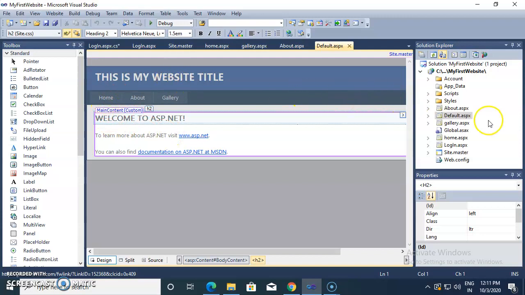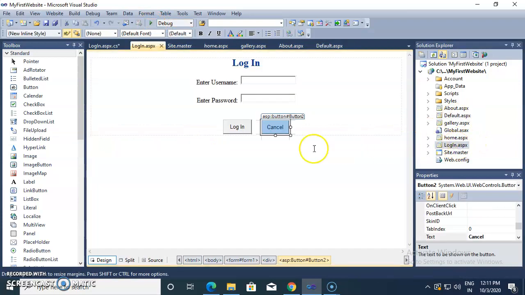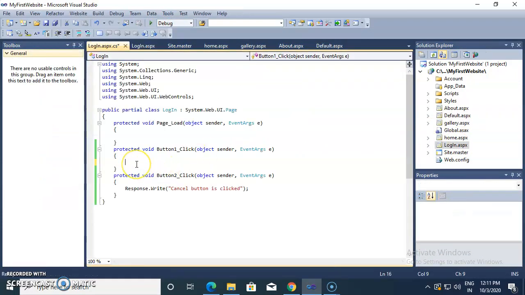There is already one default.aspx page, and if I give the correct credentials, suppose in an if condition, we need to check that the username is correct and the password is correct. If both values are correct, then we go to the home page, otherwise we give one error message.